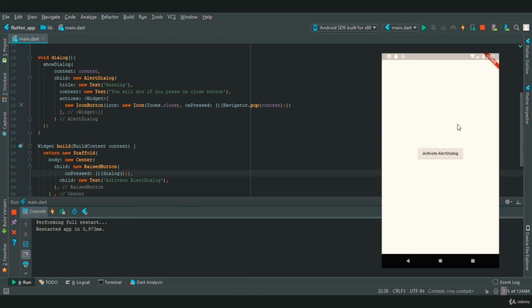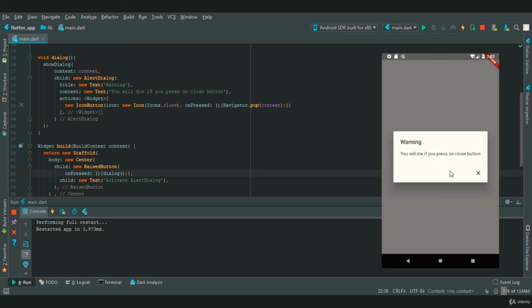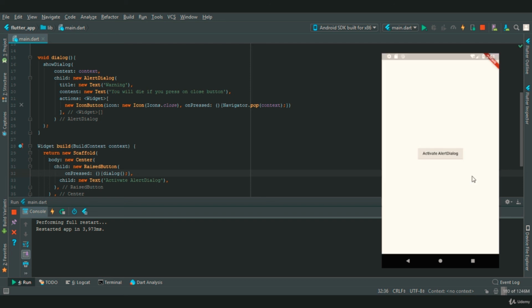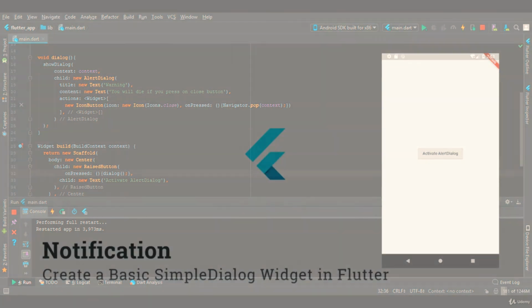As you can see, our raised button is enabled, and if I press on the raised button, I get an alert box which has a title Warning, and content with a message saying you will die if you press on the close button. If I press on the close button, the alert dialog box will close, and that's it. That's how you create a simple basic alert box in Flutter.